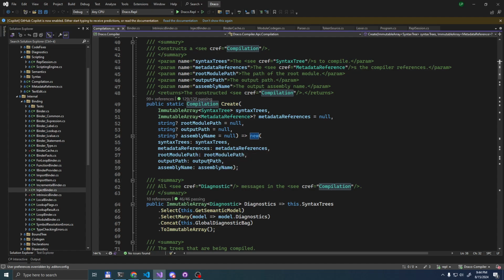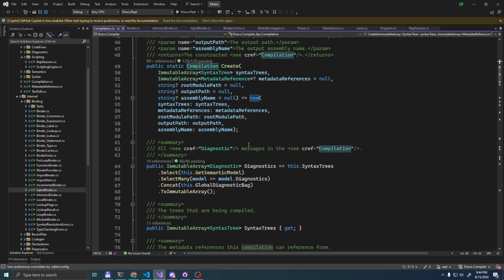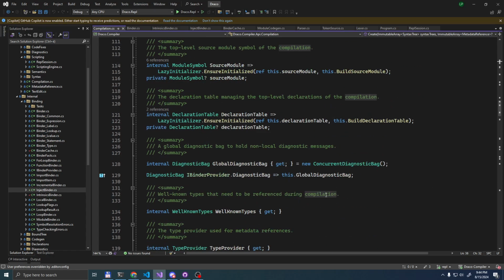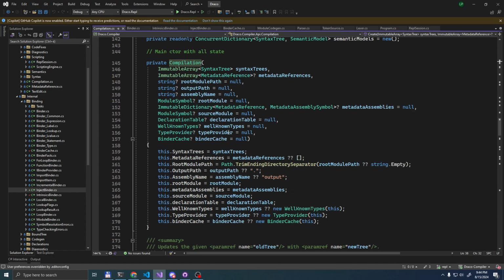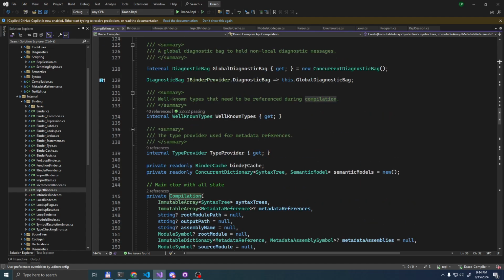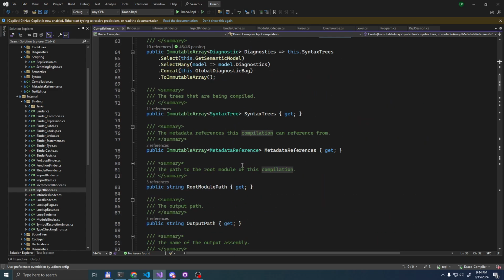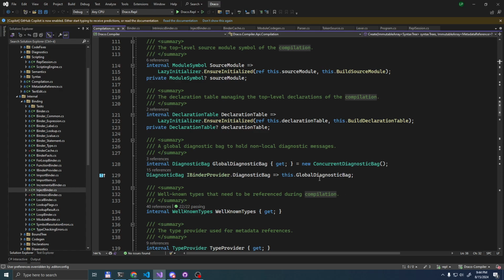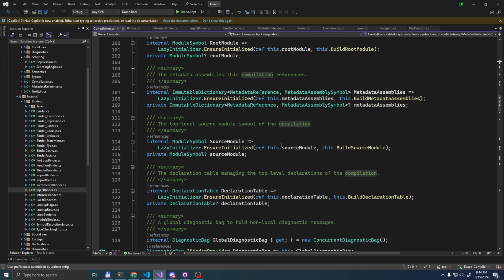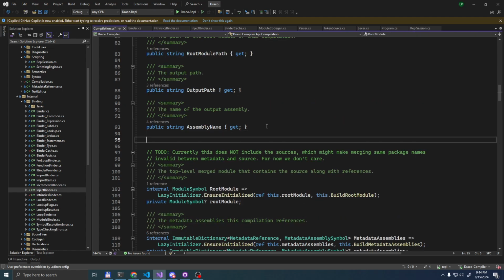So we need a way to pass in a custom set of injected symbols, and the simplest will be to just pass that in the constructor here, but I believe we have a main constructor with all of the state injected. That's right here. We also need to store it somewhere. So where should we do that?